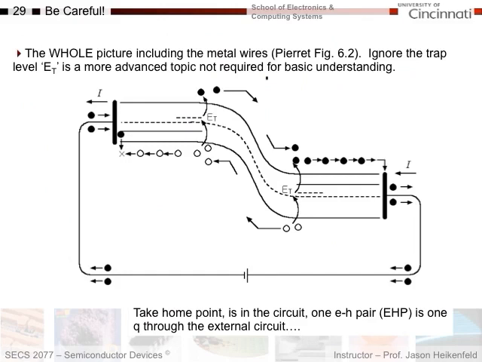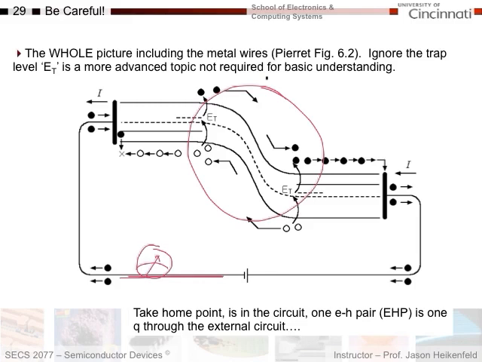Now, I want you to be careful with that Q equals 2 versus Q equals 4. And so here's a simple way to explain that. I have a reverse bias diode, okay? And it's not forward bias, but the main point I want to impart on you is that if you consider measuring current in a circuit, all you'll do is measure your current out here. So if I want to measure the current, I'll measure the current out here. So here's my little current meter. I'm measuring the current through the outside circuit. Okay? From the outside circuit perspective,